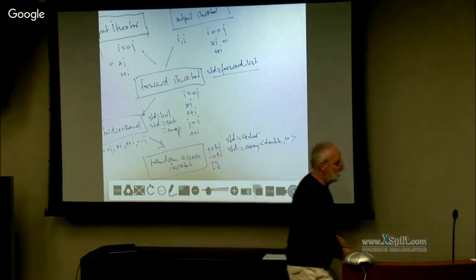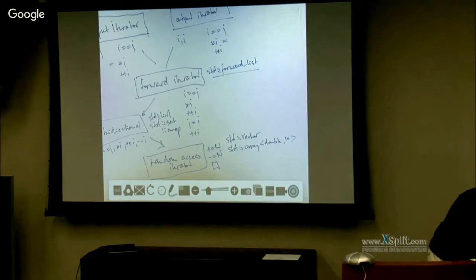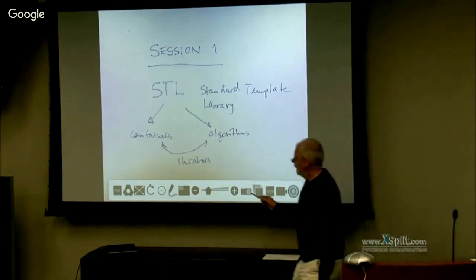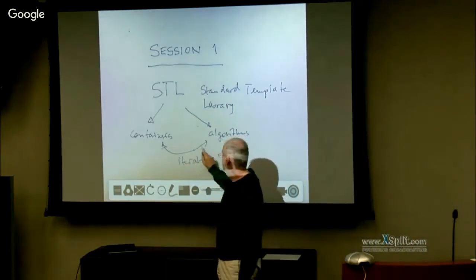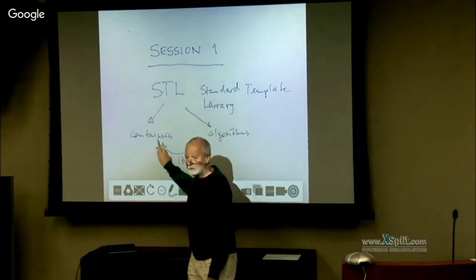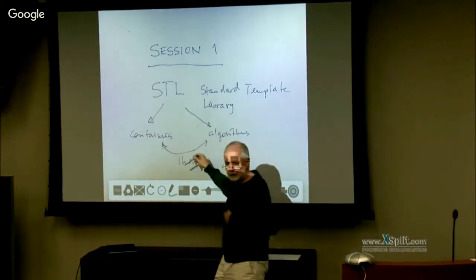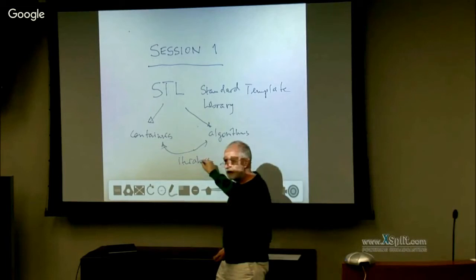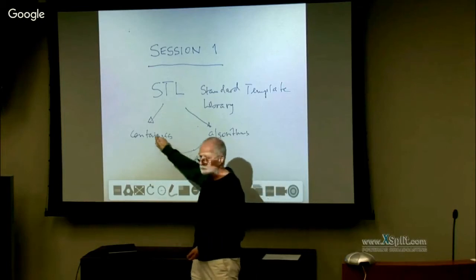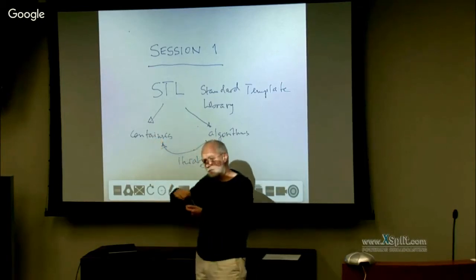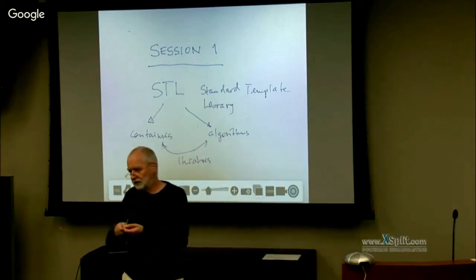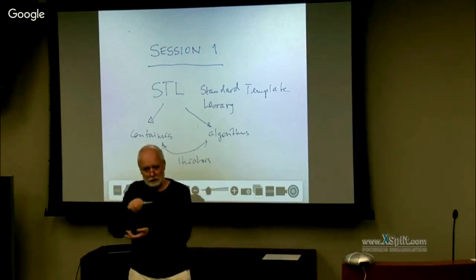And the trick here is, if we go back to that first picture we had here, where is it? That just means that essentially iterators know about the internals of containers. Because when the algorithm uses an iterator to refer to an element, that's nice and dandy. But the algorithm also will tell the iterator, hey, now move to the next element. And for that, the iterator has to know what type of container it points to, because it has to perform different operations depending on whether it is a vector where you have contiguous memory, or whether it's a list where it has to jump to the next element of the previous one.